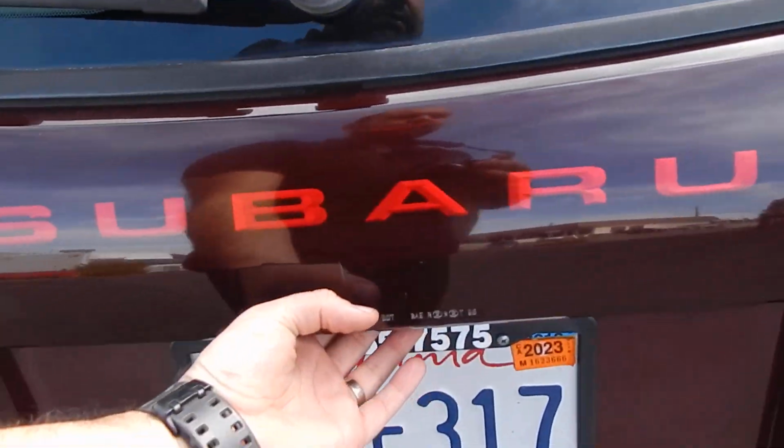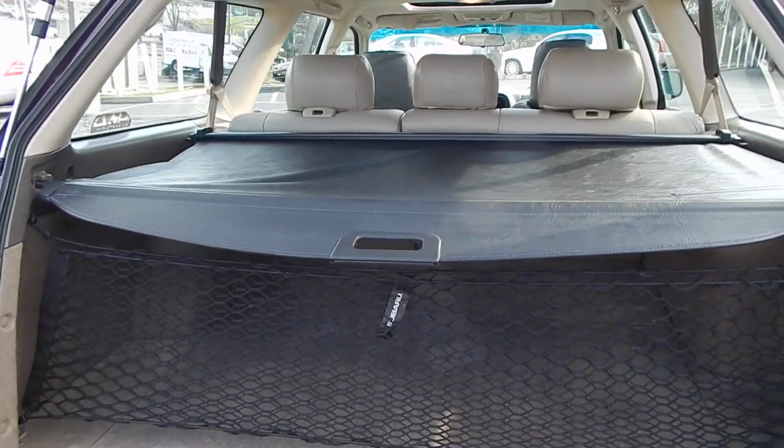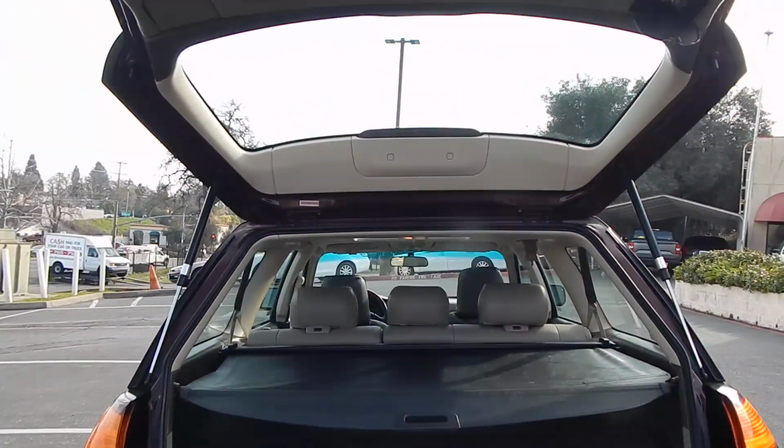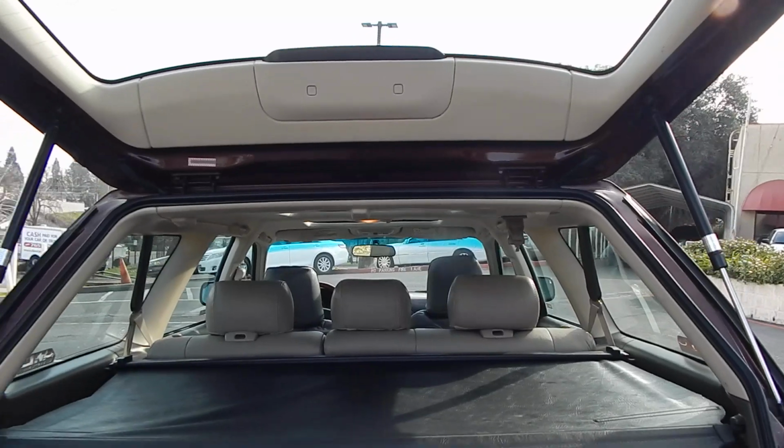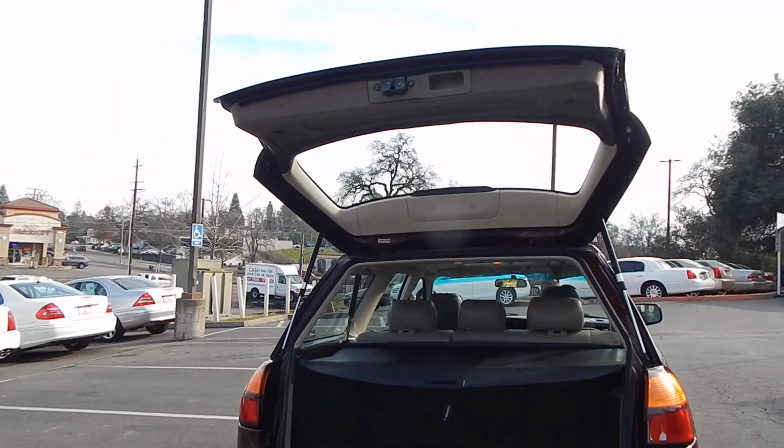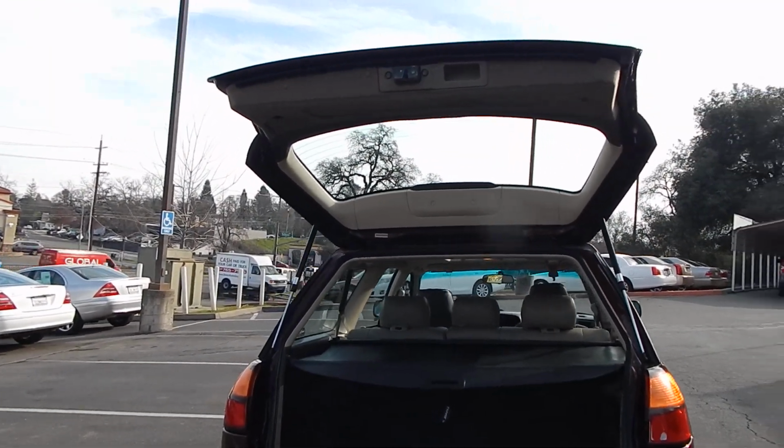Cargo area in the vehicle is quite brilliant. It still has its cargo cover and its grocery net, and you still have struts that are holding pressure properly and staying up. Oftentimes I've heard from a lot of our patrons when they go to other dealerships and look